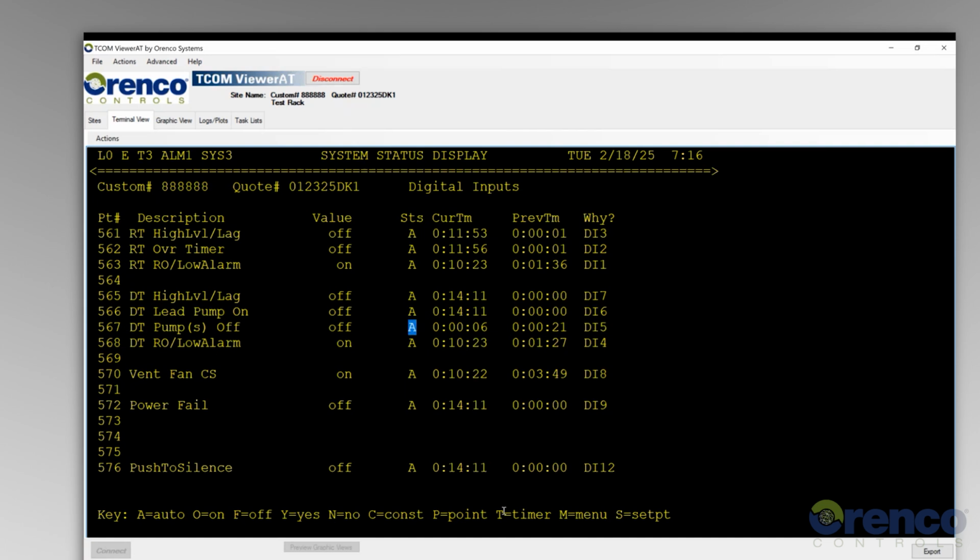One that I want to touch on here is this T for timer. So if I wanted to do a T for timer, do T, enter, it's going to give me this override value. It's going to say on, off, or a label. So if I wanted this to be overridden on, I would do an O, enter, and then it's going to ask me, how long do you want to override it for? Do